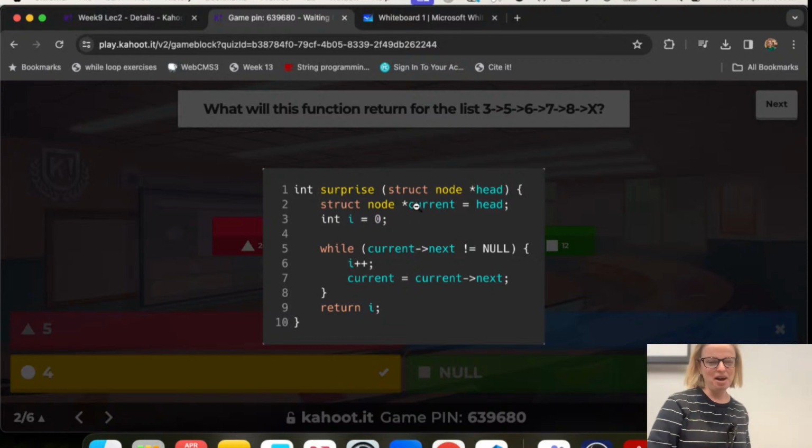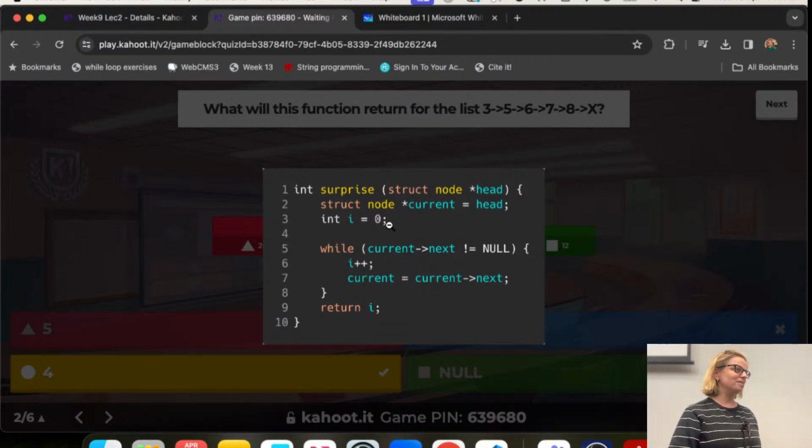All right. Current is head, which means it's at 3. I is at 0, whilst current next is not equal to null. So I check if the next one's not equal to null. If it's not, then I increase the I, so it becomes 1, and then I move my current to the next one over. So now it's at 5. I check if the next one to it is null. It's not, so I go into it.